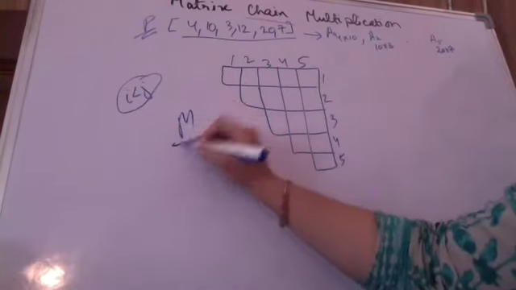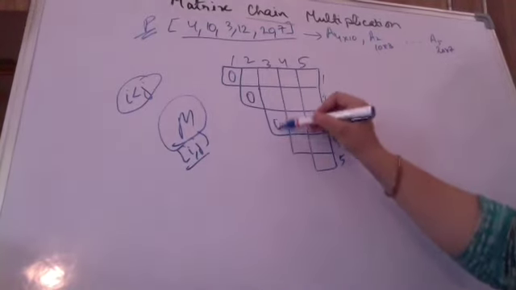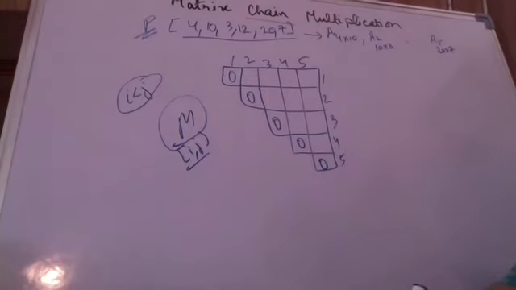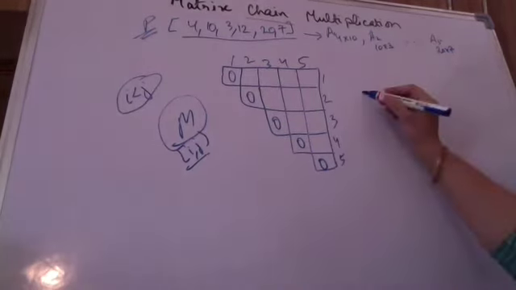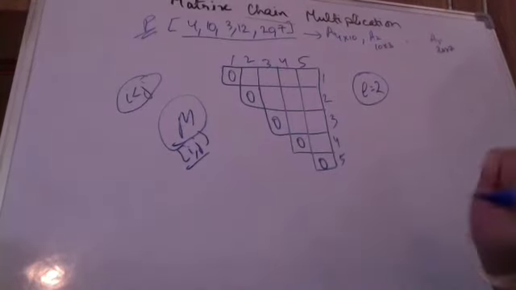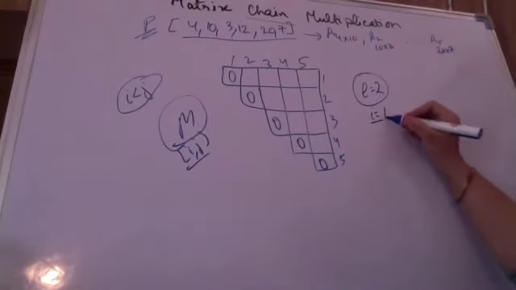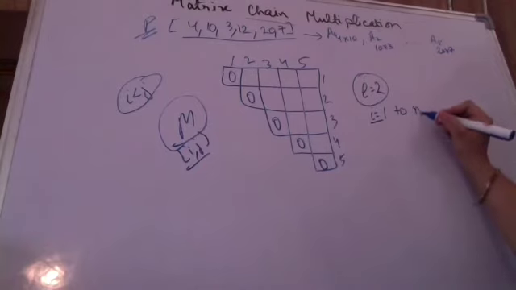This is my M matrix which I am representing, Mij. Initially Mii will be 0. The first step of the algorithm: Mii is 0. After this, we start running the algorithm. Now we will run our algorithm, beginning with a length of 2. Step by step we will be checking what happens when we are running it for a length of 2. I will be running i from 1 to n minus l plus 1,